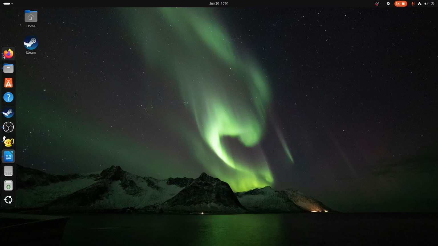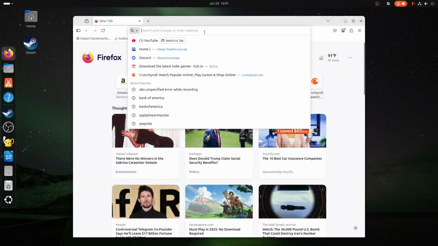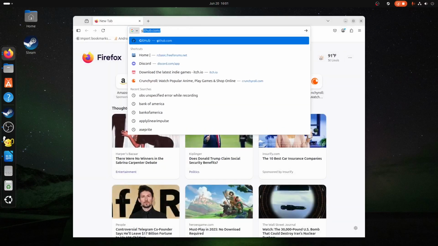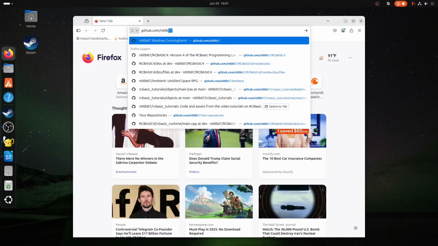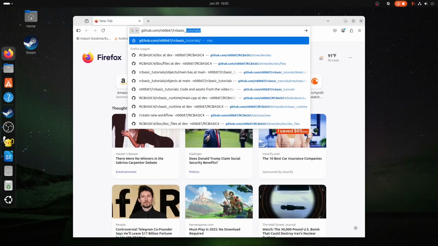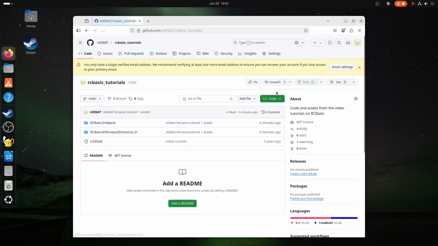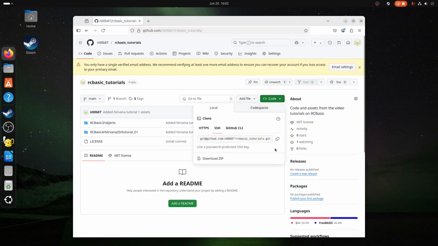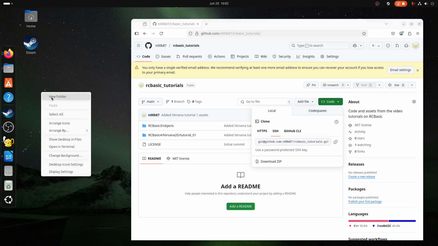But if you don't have Git or can't install Git, let's just start by going to github.com/noob87/RCBasic_tutorials. Alright, so if you have Git, just go ahead and copy this link, and I'm going to create a new